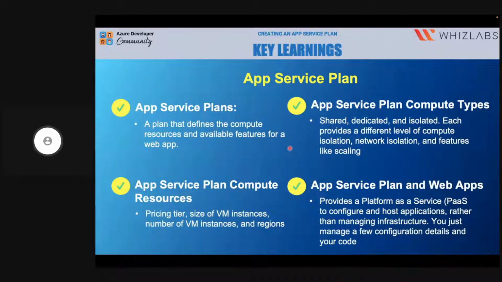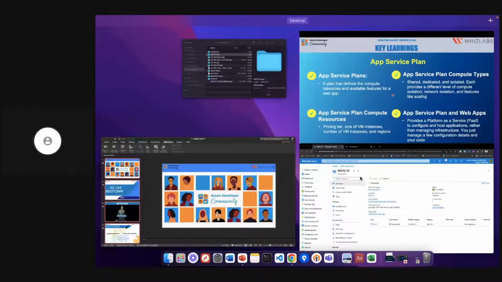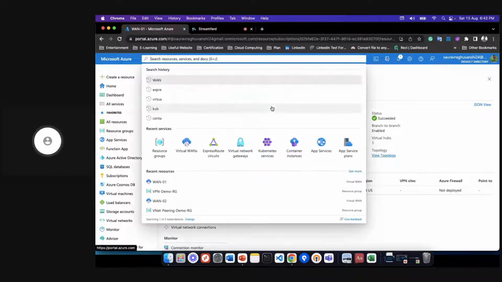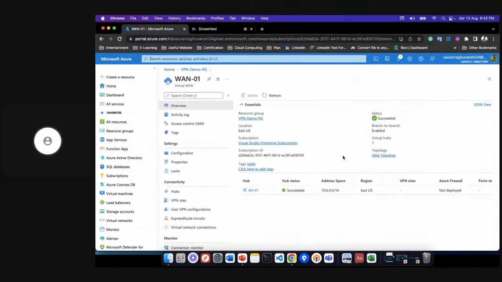So what are the key learnings for app service plan? Before that, let's jump onto the console and create an app service plan to see how things happen. I guess we are going to take a little more time today for the complete demo, because there are a lot of sections to cover. So that's a lot of hands-on work. So click on app service plan